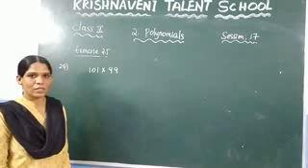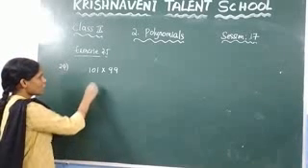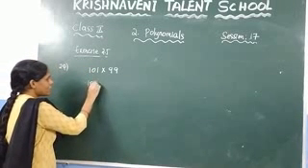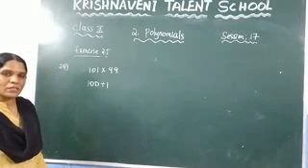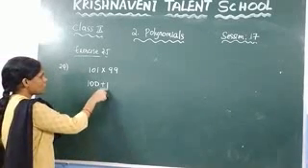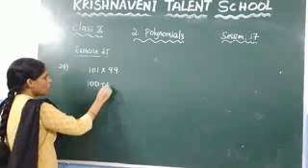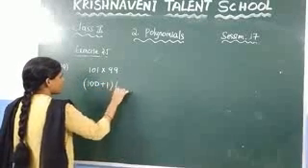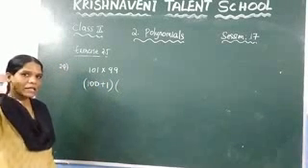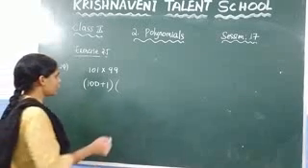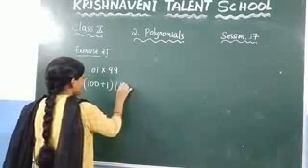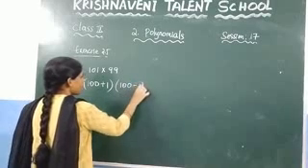How do you solve this one? Here clearly you can observe that this 101 you can write as 100 plus 1. Right? So you can write this one as 100 plus 1. You know that 100 plus 1 gives you 101. Now how do you write this 99? You can write 99 as 100 minus 1. What is the value of 100 minus 1? Which is 99. So in place of 99 write here 100 minus 1.